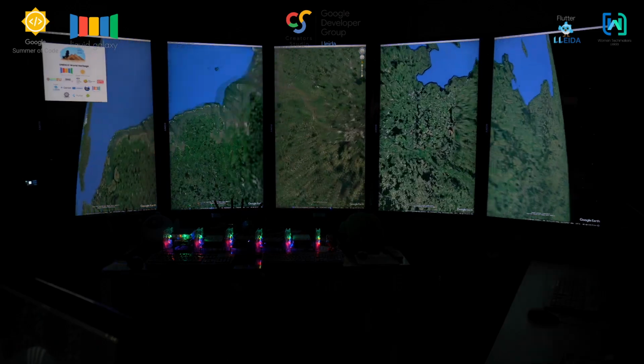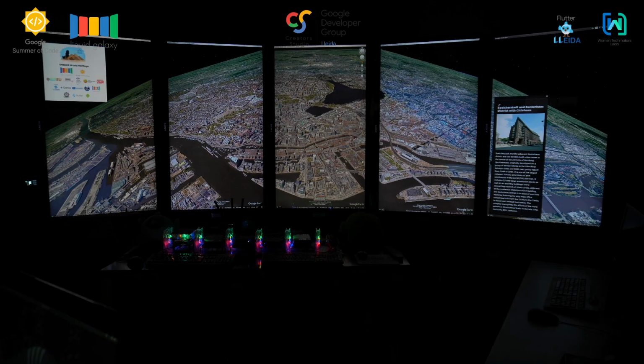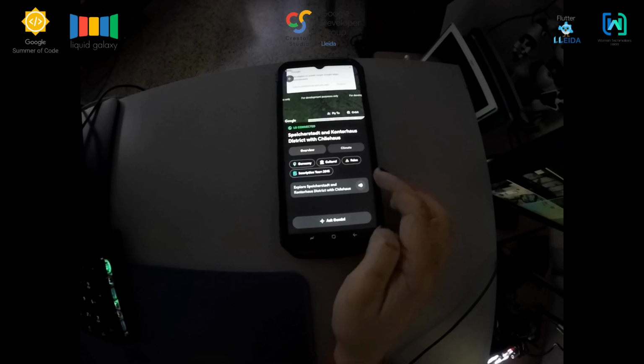Speicherstadt and the adjacent Kontorhaus district are two densely built urban areas in the center of the port city of Hamburg. Speicherstadt, originally developed on a group of narrow islands in the Elbe River between 1885 and 1927,